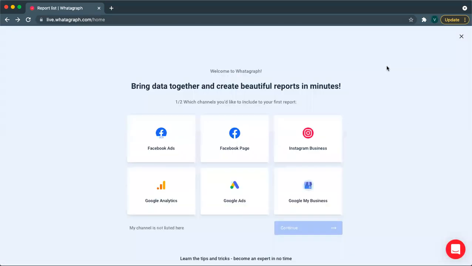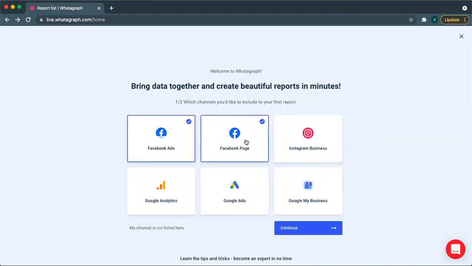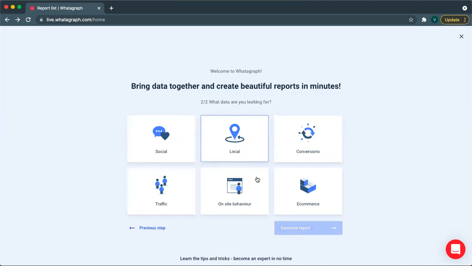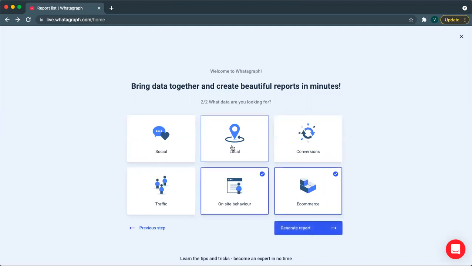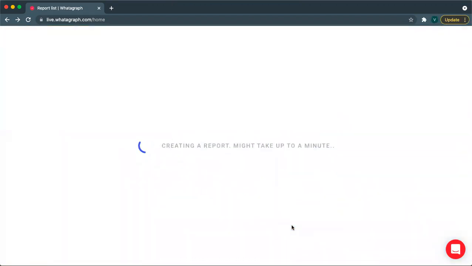And post that, once we select, let's say we select the Facebook ads, Facebook page, Google Analytics, it allows you to select what sort of interactions you would want to utilize. So let's say we select these options and it would create a template which would optimize these specific inputs, and we can create reports for the same. Since it's a web tool, it takes a while at times to set us up, but